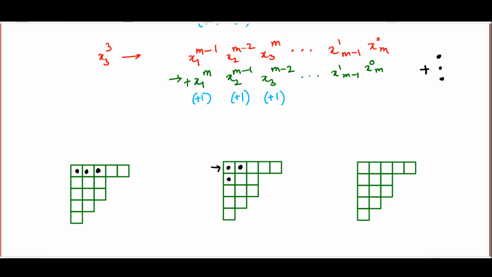By the way, the reason why you cannot have a structure like this should be clear. From the original algebraic calculation that we did, if we had multiplied by x4 cube, this would have given rise to x1 to the m minus 1, x2 to the m minus 2, x3 to the power m minus 3 as they were before. But x4 happened to have m minus 4 as a power, and multiplication by x4 cube